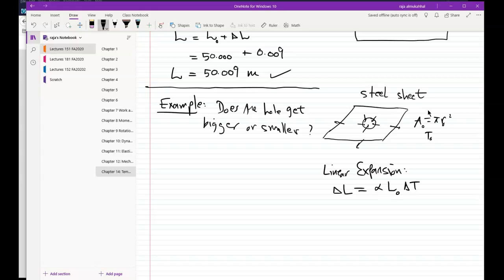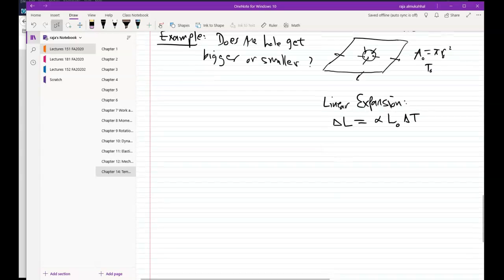Now, if I have an area, for example like the surface of the steel sheet here, you can actually use the same formula, except it is adjusted for the area. It becomes like that. Delta A equals